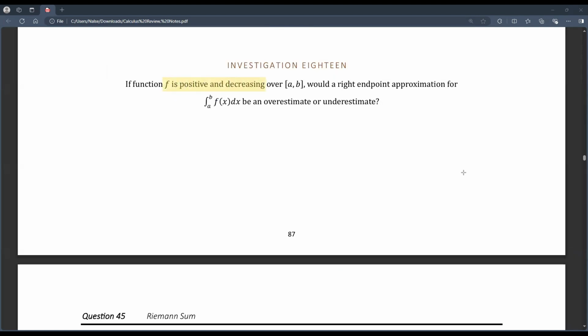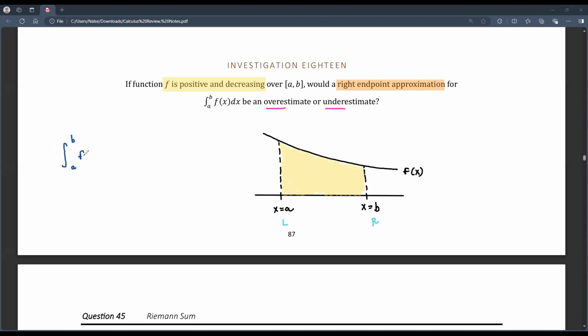If function f is positive and decreasing from a to b, would a right endpoint approximation for the given integral be an over or underestimate? Remember that this integral would give the exact area of the shaded region. But the right endpoint approximation would lead to an underestimate of this area. Just looking at one rectangle across the interval is enough proof for us to make this conclusion, because the function